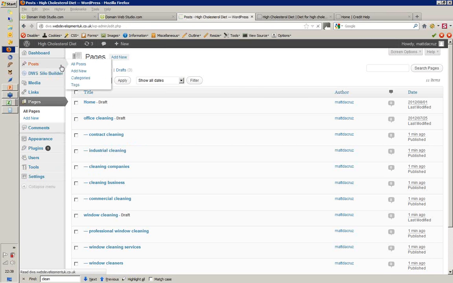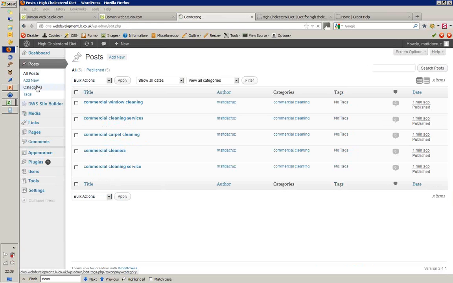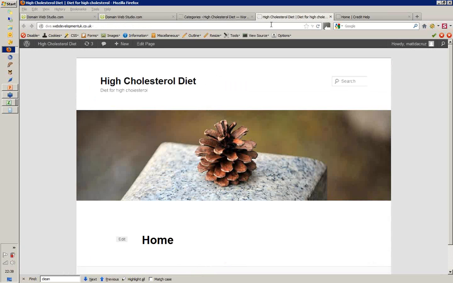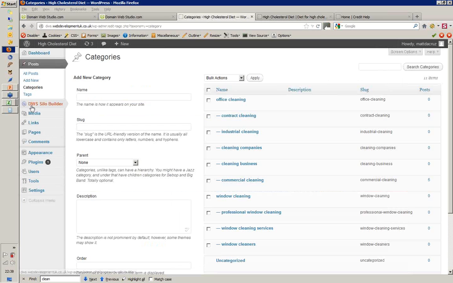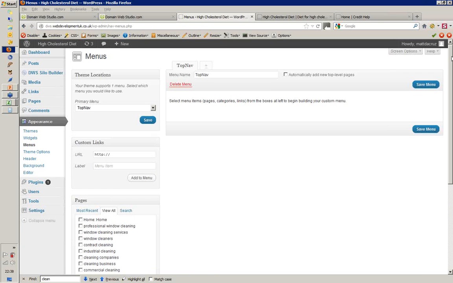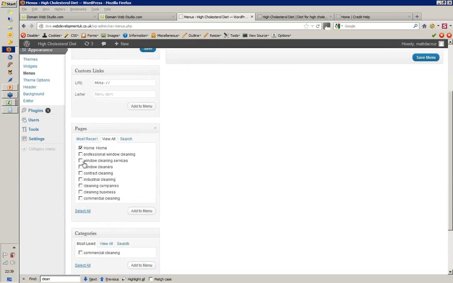There's all our supporting articles, which are now posts. There's all our categories defined. All the internal linking, all the internal structure, everything is done and dusted. It's game over. If I refresh this website, the first thing I have to do is come to my menu. There are a few little things you've got to do. You just come to your menu, and you want to define your silos. So I'm going to come over here. I want my home page, and